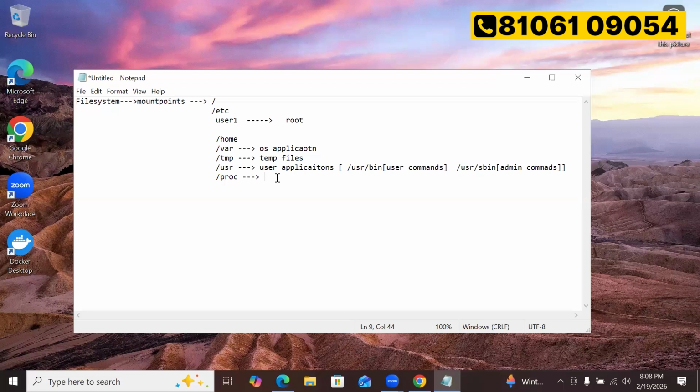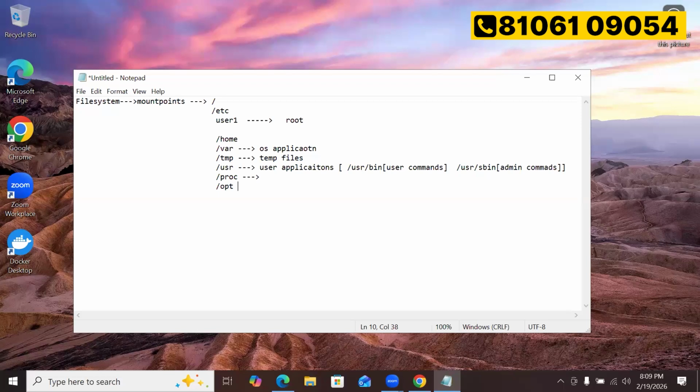Suppose you want to store some third-party software. There is a folder called opt. You can copy any third-party software in that, like Tomcat, Java applications, Oracle databases, anything you want to store there, and you can try to run it. So these are some useful directory structures I can say. A lot of things are there at this moment, and it is good enough to understand.